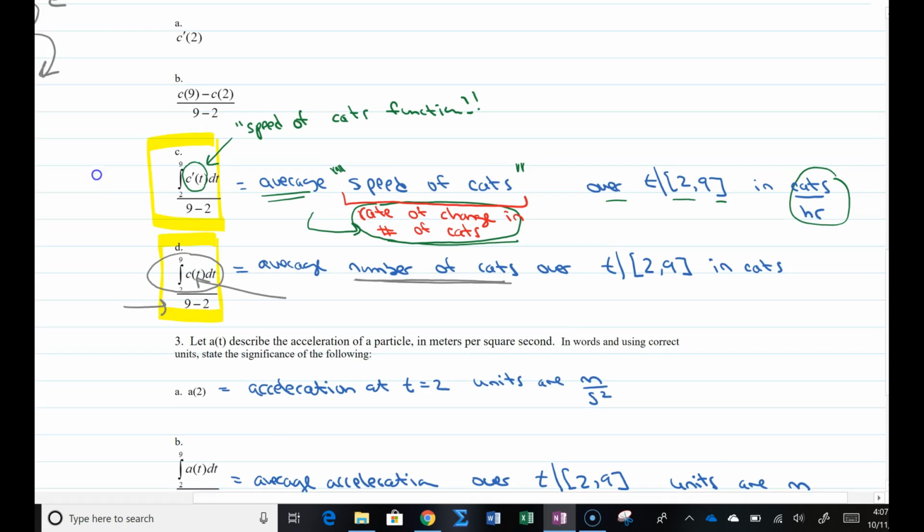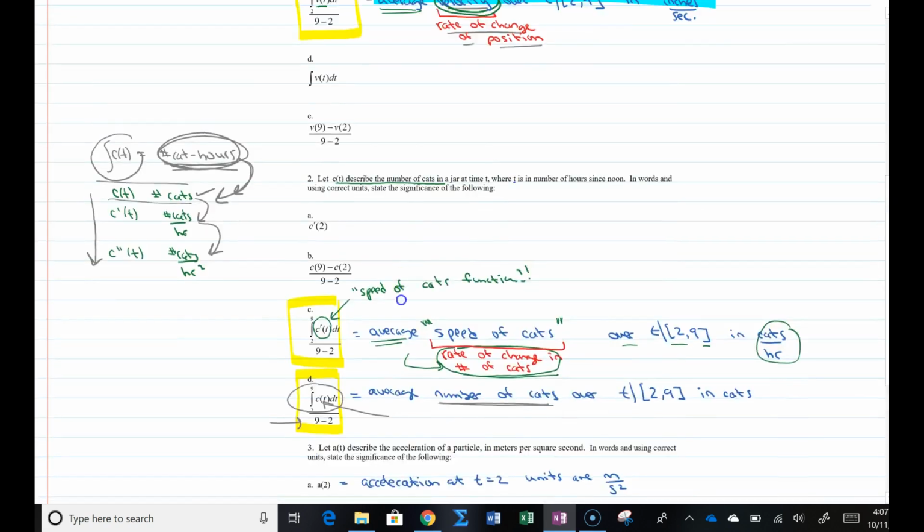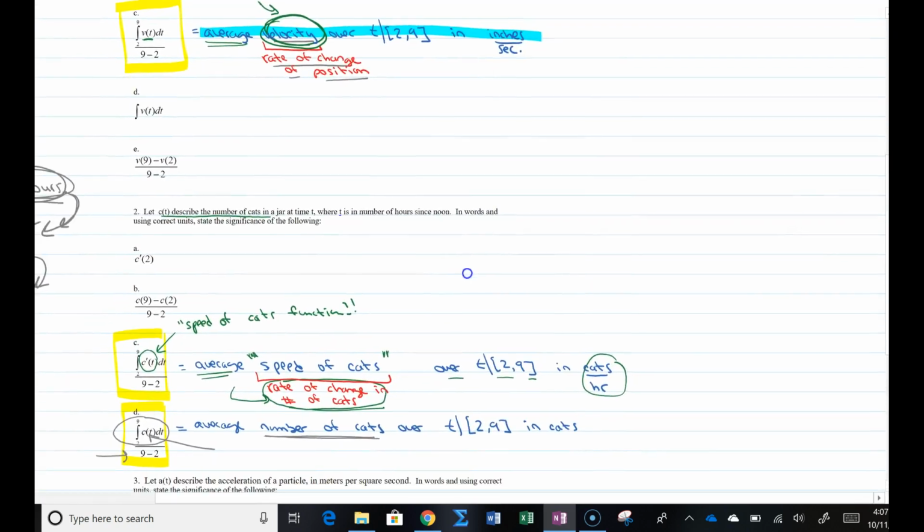So it seems to be, if I look at these three examples all together, it looks like in all three cases, if I have this expression,